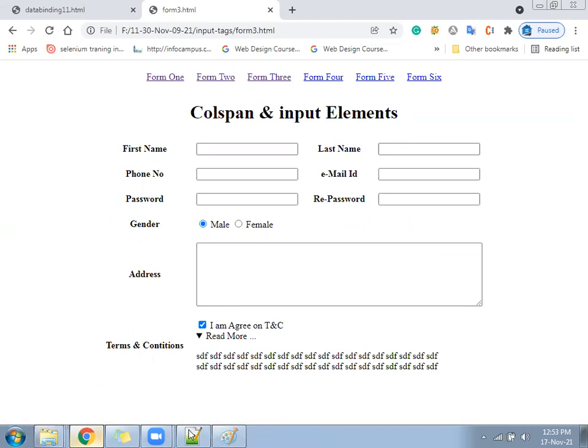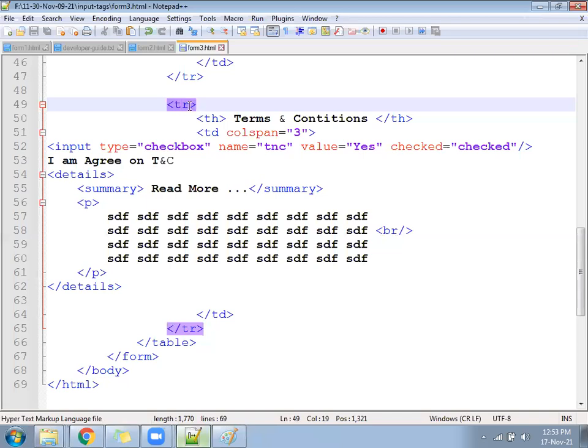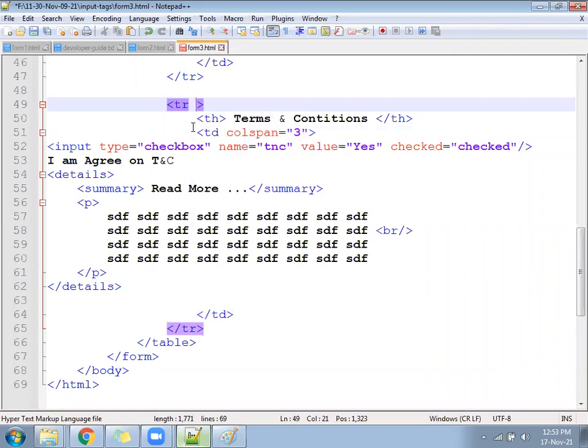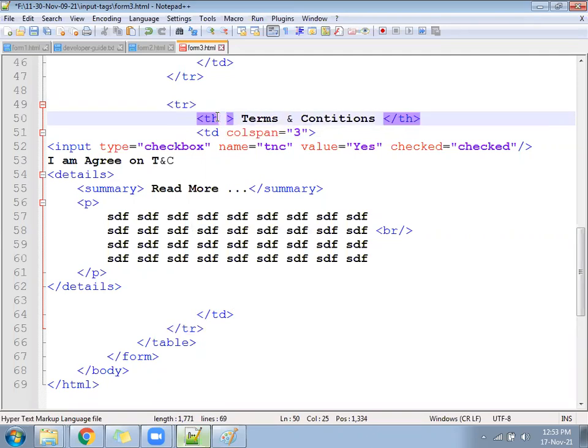So for TR by default valign is middle. What is happening? If the text under the second TD is more, the first TH is covering its ratio. It is coming in the center. So for the TR, or maybe not for the TR, only the TH has the problem. We can write here also valign equal to top. So if the content in the second TD increases and decreases, there is no effect on the first TD. It will always be on the top in the first TD.